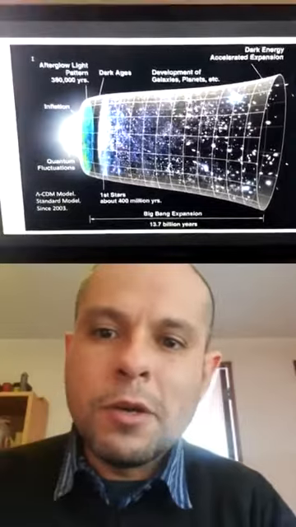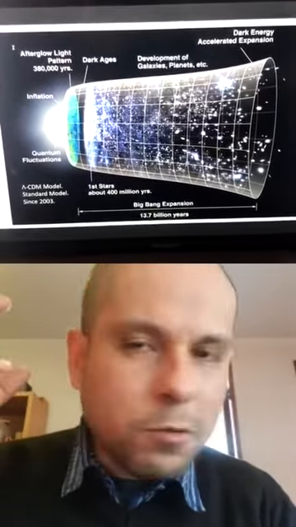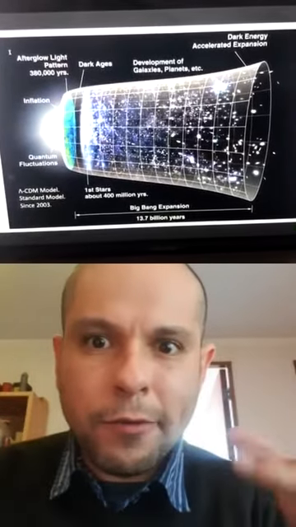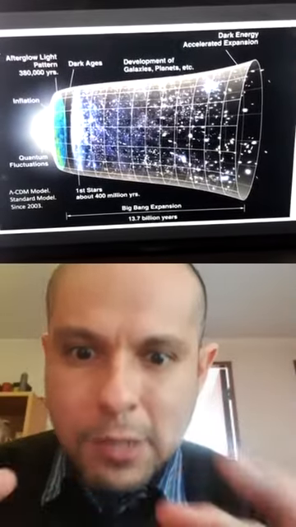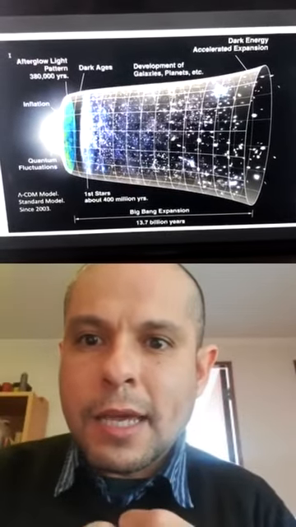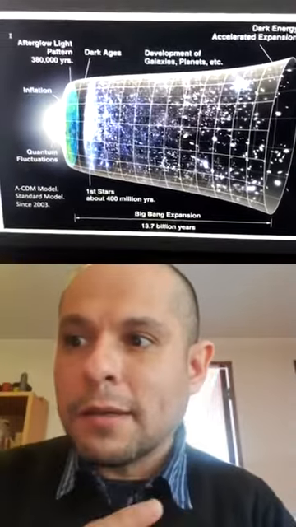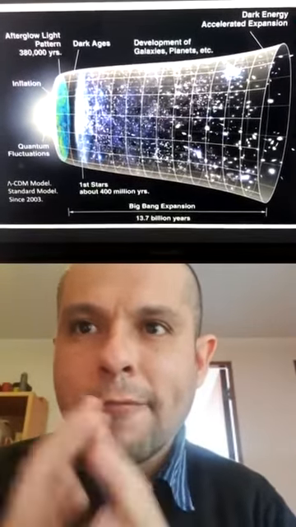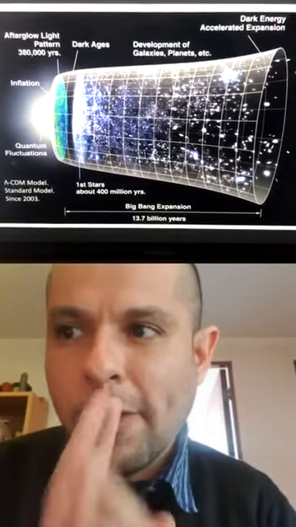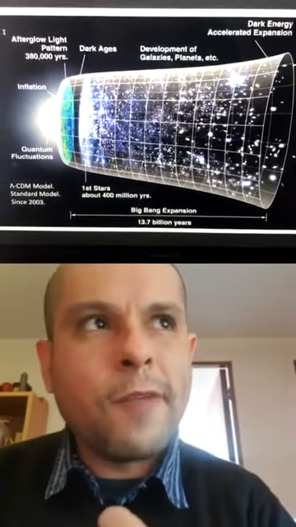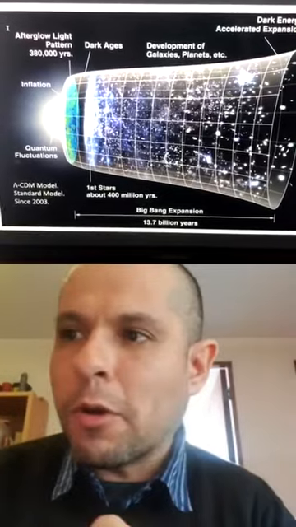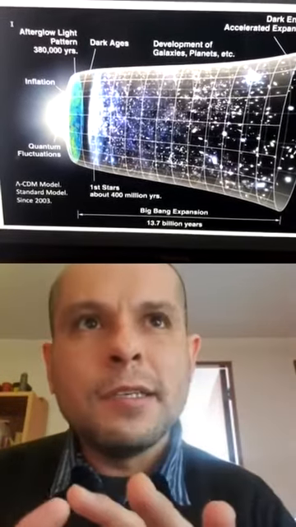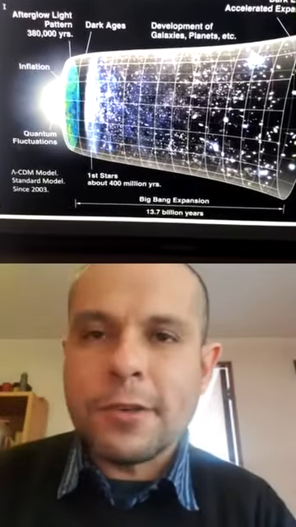We know that in the beginning there were some fluctuations of this energy in the vacuum. That is the Big Bang, and then the universe was created and expanded faster than light. That is called inflation. So you solve the flatness problem and the horizon problem. About 380,000 years after the Big Bang,